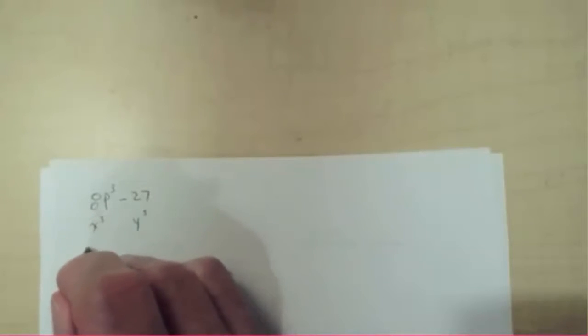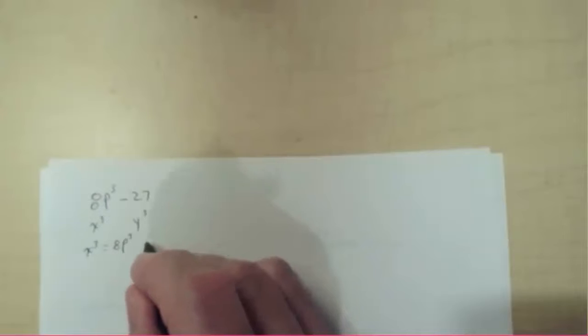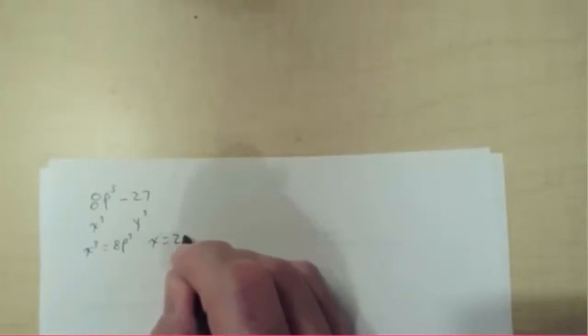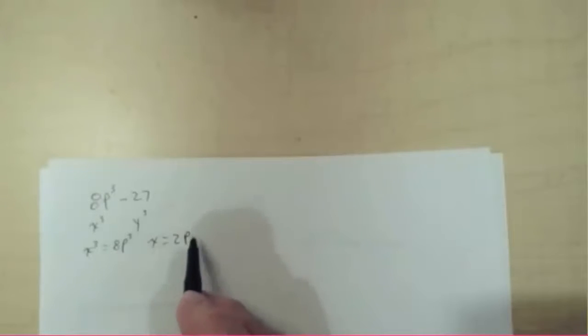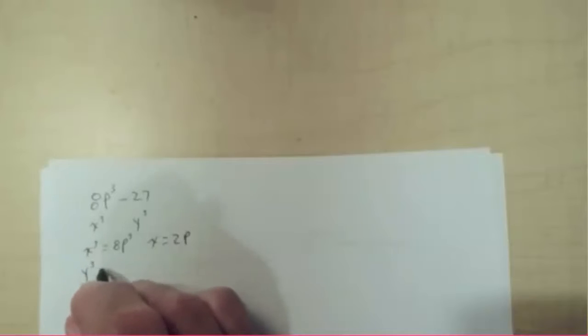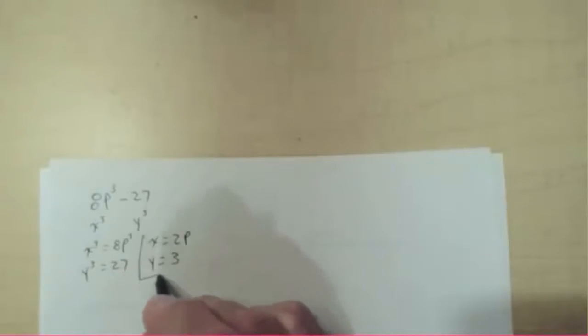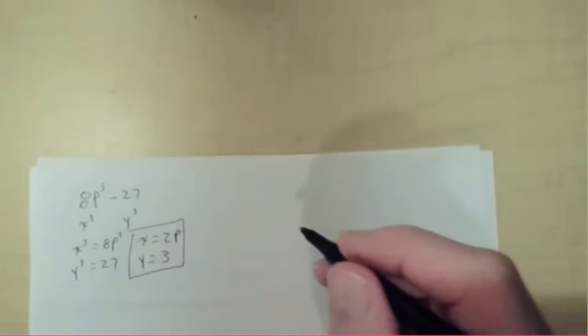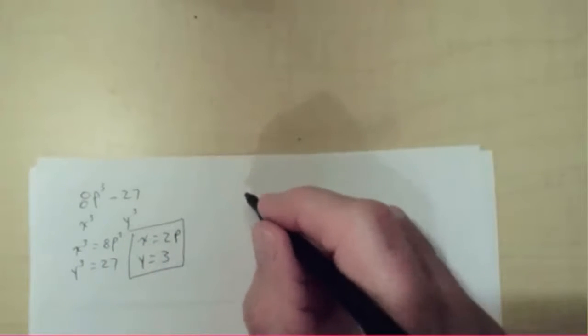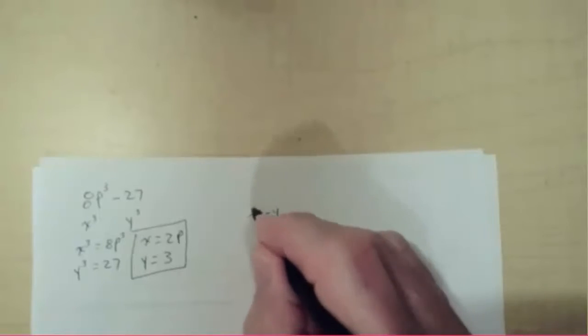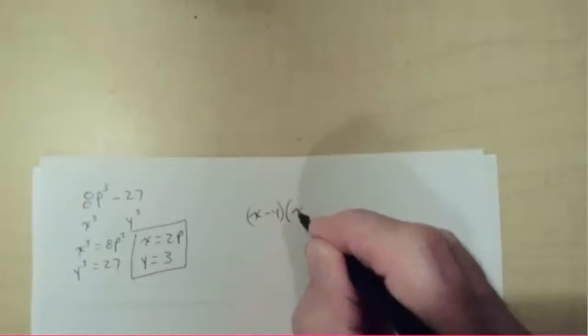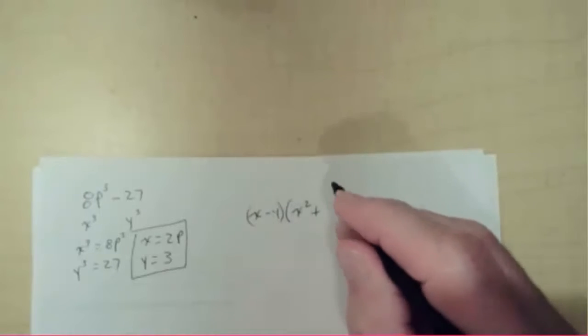so if x cubed is 8p cubed, then x is 2p. Cube root of 8 is 2. Cube root of p cubed is p. And y cubed is 27, not negative 27, just 27. Then y is 3. Okay? So our formula is x minus y times x squared plus xy